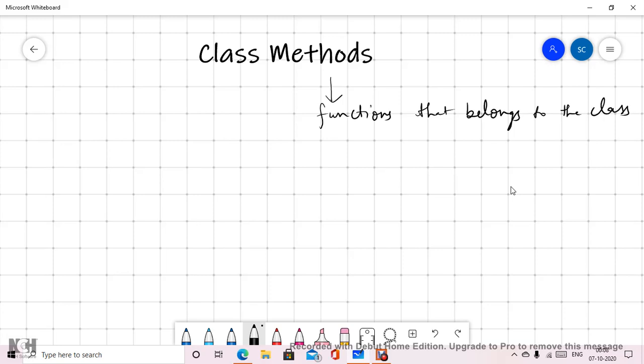Okay, now if we are talking about functions, then the functions which belong to a class could be defined in two ways.